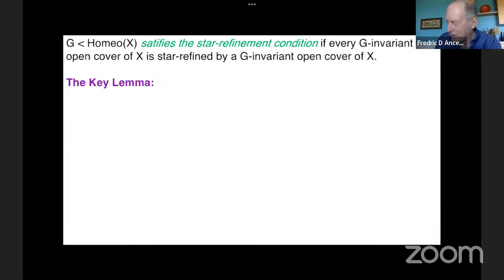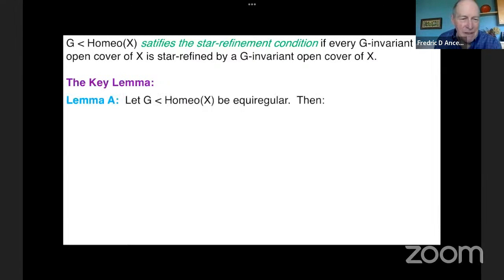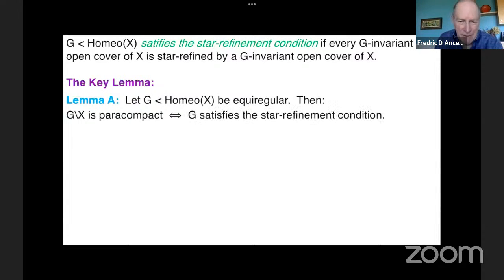And then the lemma that makes these things possible is this: if your group is equiregular, then the orbit space being paracompact is equivalent to G satisfying the star refinement condition. So this explains where that hypothesis, that the orbit space is paracompact, comes from. It's basically equivalent to this other condition, and that other condition is what enables me to construct these G-invariant